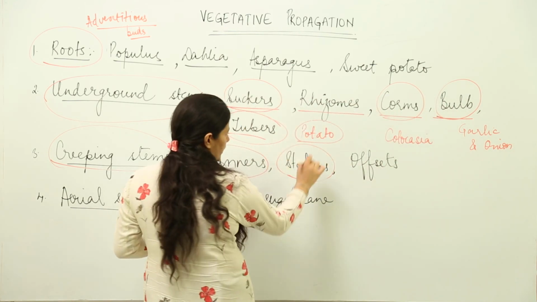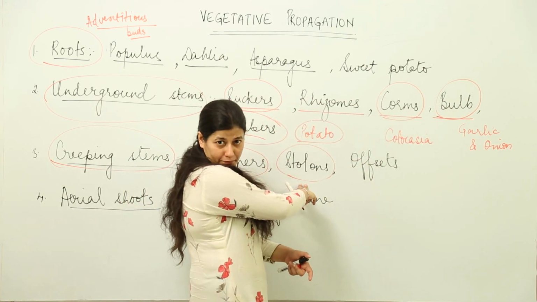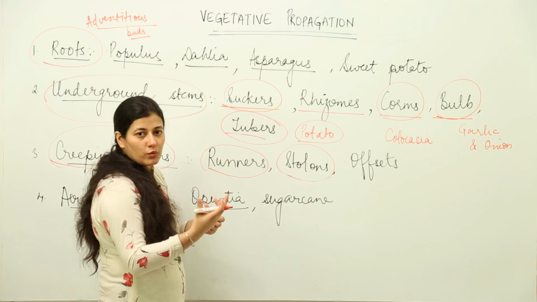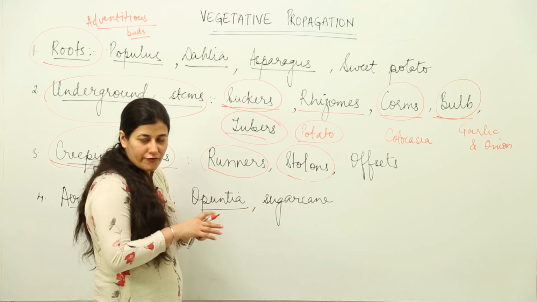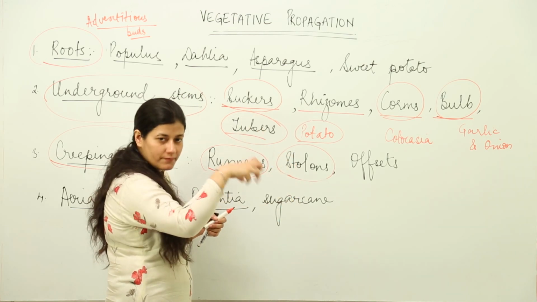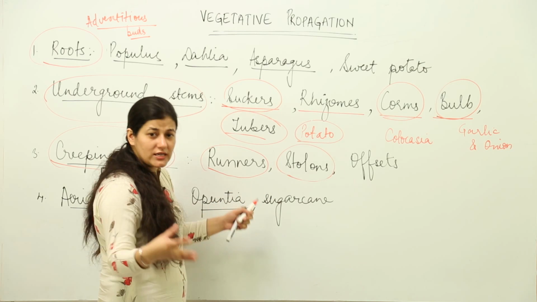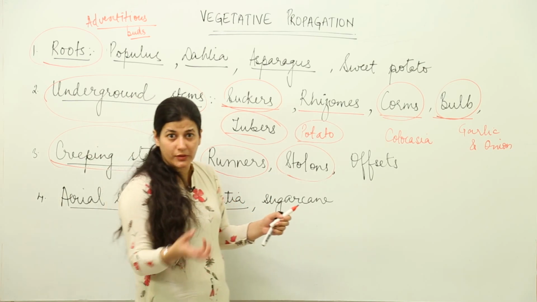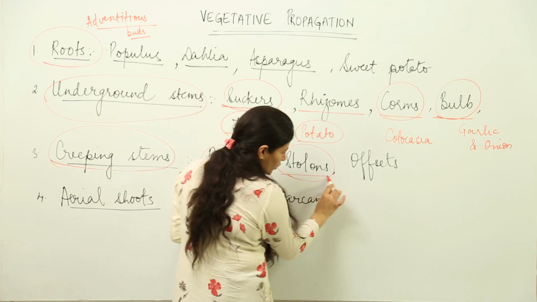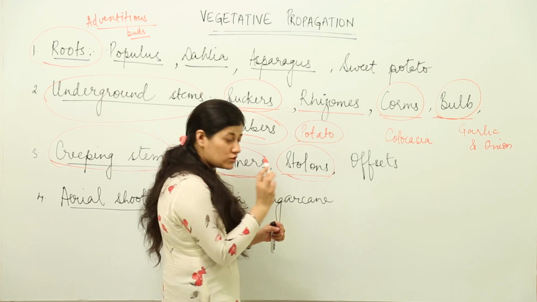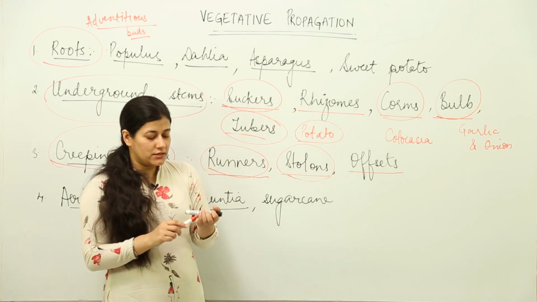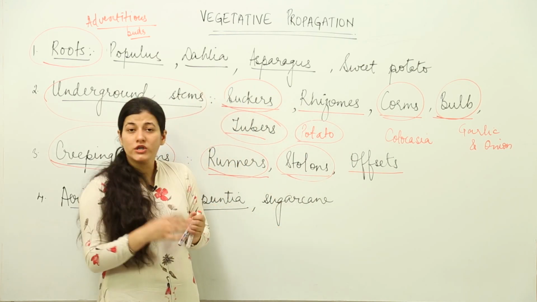Then we have the example of stolons. In stolons we have the example of strawberry. If you have ever seen a strawberry plant, you just plant one plant and then it spreads out with the help of creeping stems which go further, and then it produces a new plant, a root and shoot system after some time, and in that way the plant spreads out. The same is the case with mint, the same is the case with jasmine. So we have runners as grass, best explained in that way. Stolons, the example is mint and strawberry.